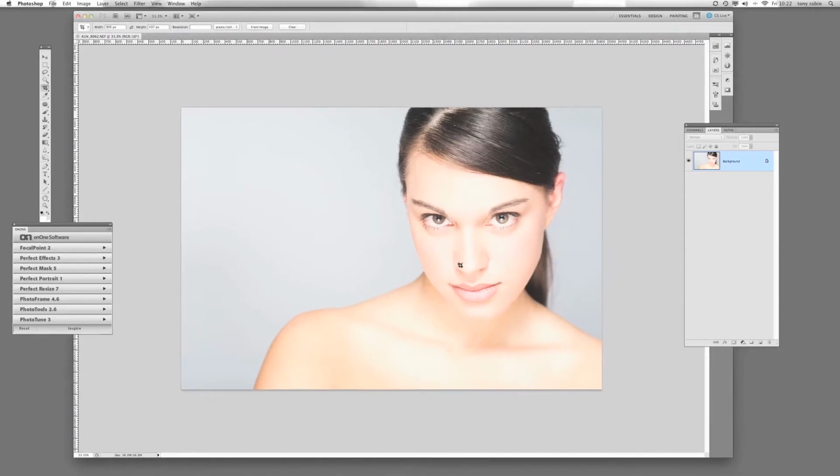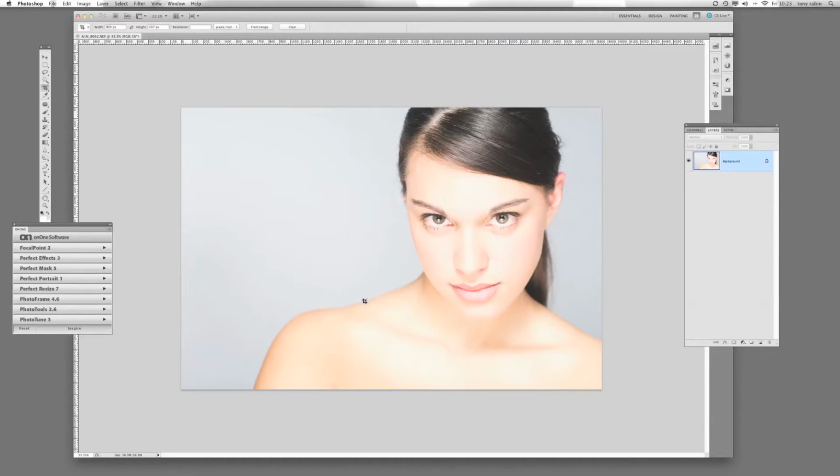Today I'm going to show you how to tidy up skin and try and sort out a few stray hairs and things like that on any portrait image that you take. Obviously the image itself has to be of a decent quality prior to you starting, however that's an all different